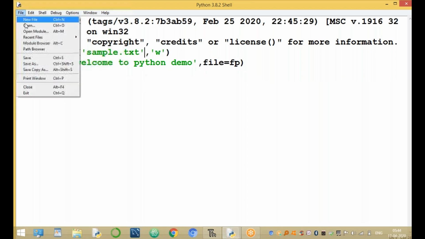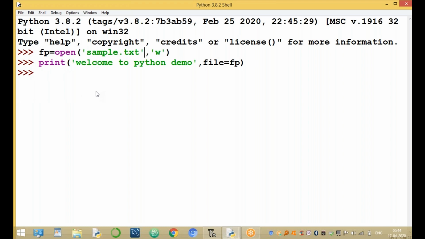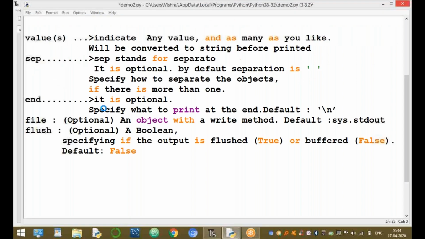Go to the file and check it. Open the file; the file name is sample.txt.